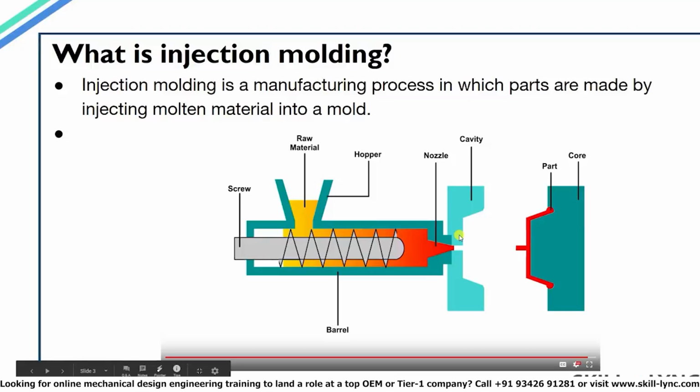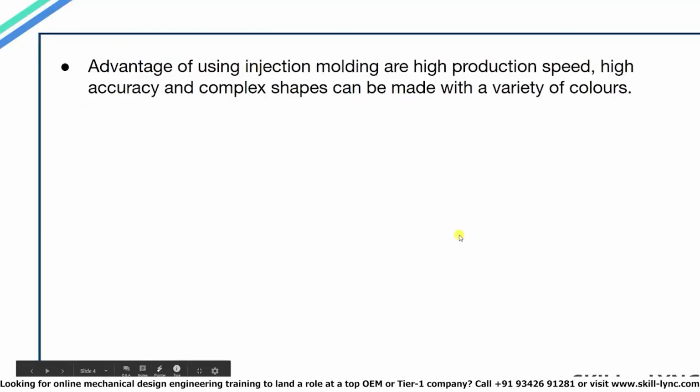There are also many other parts that form a part of the injection molding system, which will be discussed in the later sessions. Now, there are many different manufacturing processes for creating plastic parts, which will be covered in brief in a while, but there are some distinct advantages of using injection molding process. First is that injection molding can be used to create very detailed and complex geometries with high accuracy. Also, this method is very fast compared to other methods, which allows for high production rates.